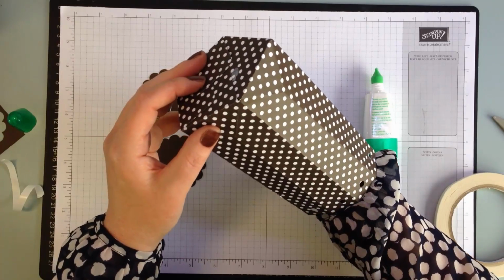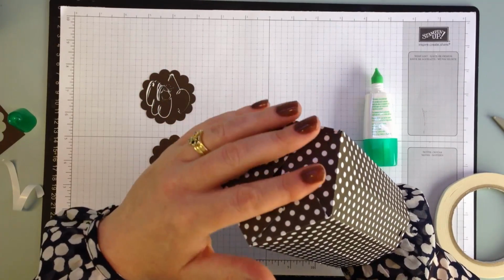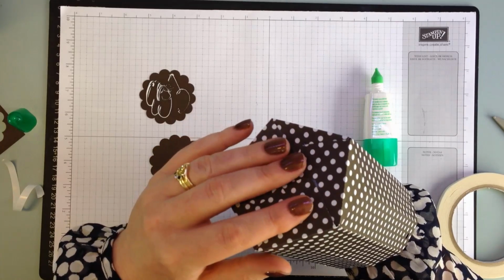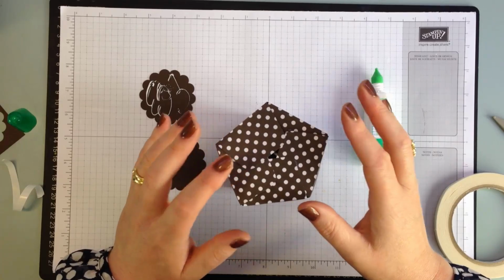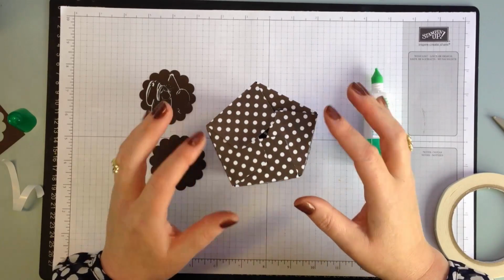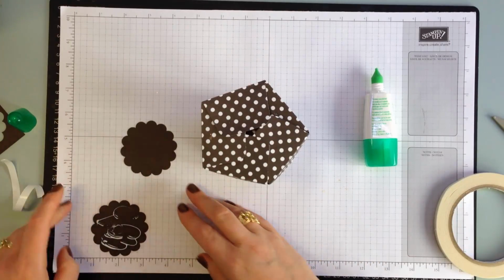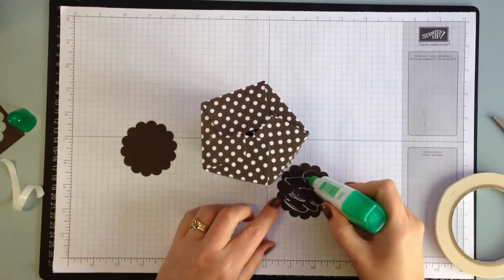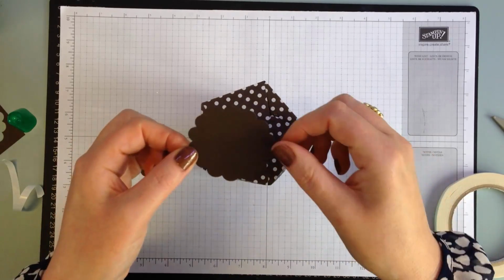So and then put my hand inside and actually just make sure they're all stuck together, and it actually looks like an even pentagon. Okay, so like that. Then I'm going to put plenty of Tombow